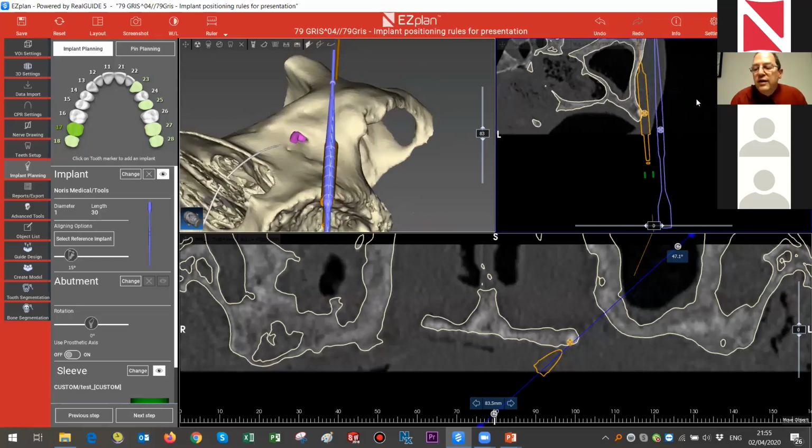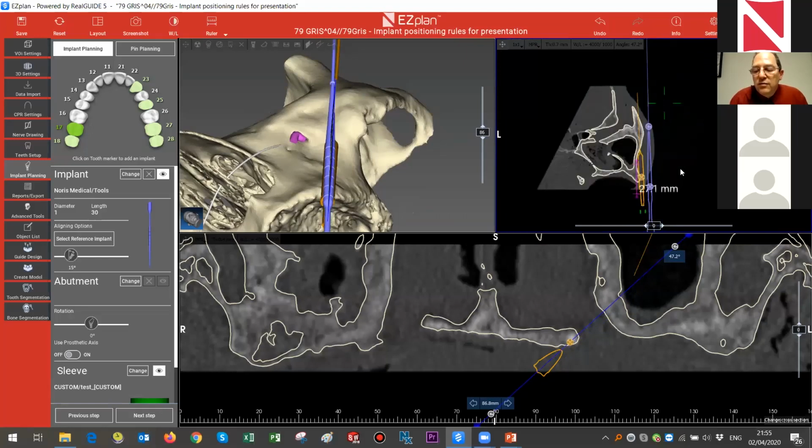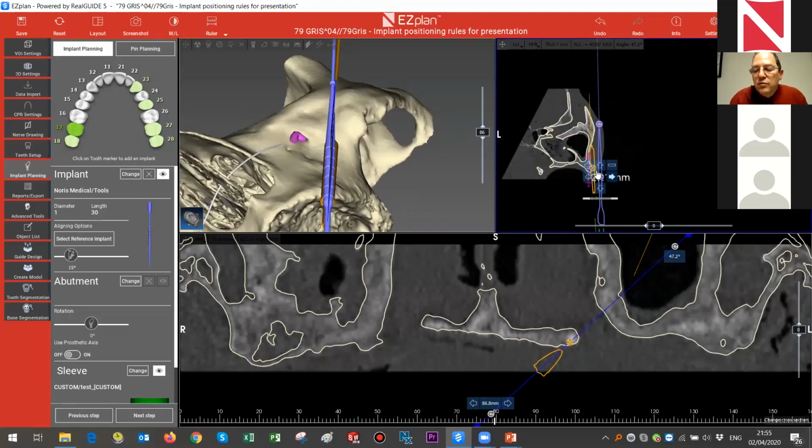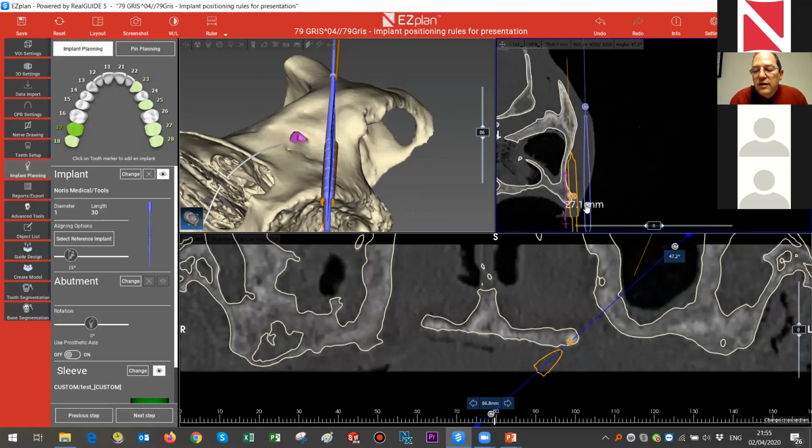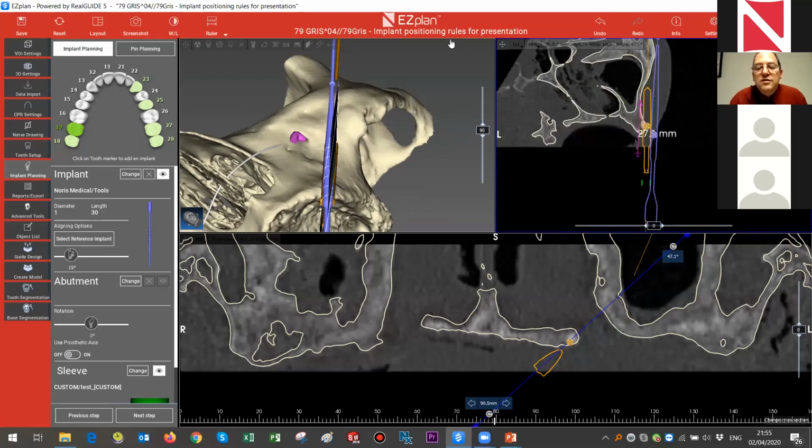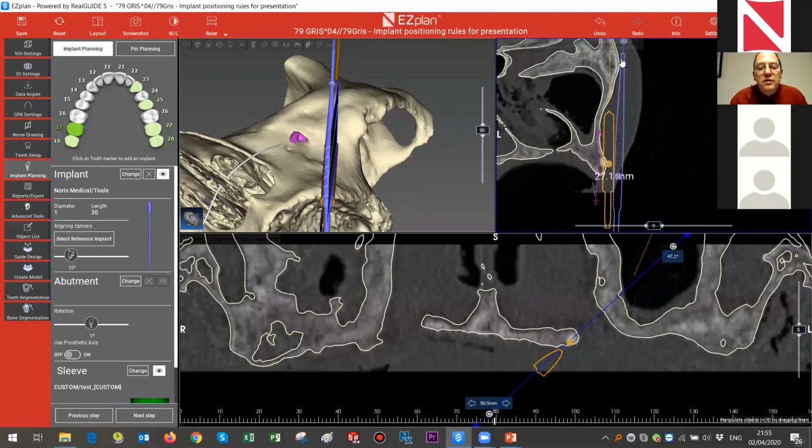I just need to lean it on the bone. Let me see why it doesn't work. Yeah, I need to lean it on the bone here. This is where I want to be. Let me put, yeah. I want to lean it on the bone here, like that. Okay, and